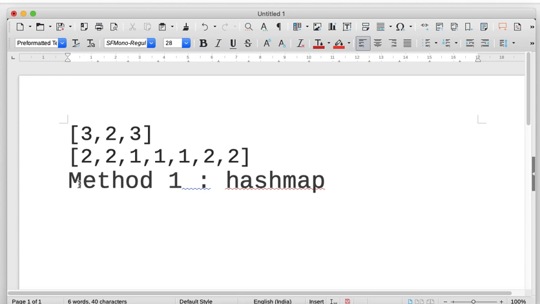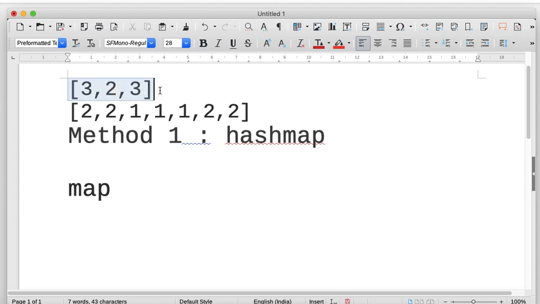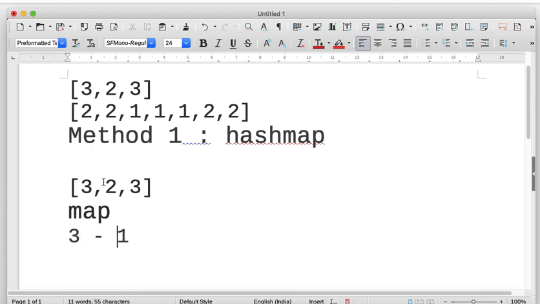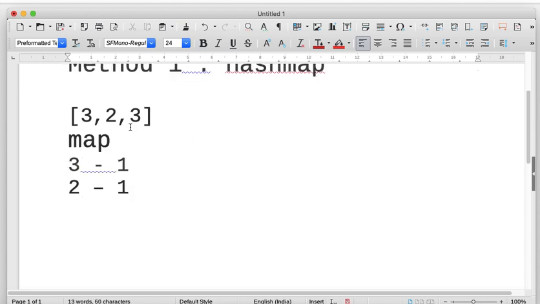So what I can do is have a map, and I can keep storing the frequency. If I consider this example, I go through one element at a time, and if the element is not in the map, I add it with a count of 1, otherwise I update the count by +1. First I go here, 3 is not in the map, so I put 3 with a count of 1. Then I go here, I find 2, I put 2 in the map with a count of 1. Next I go to 3, so 3 is already in the map, so I'll update its count to